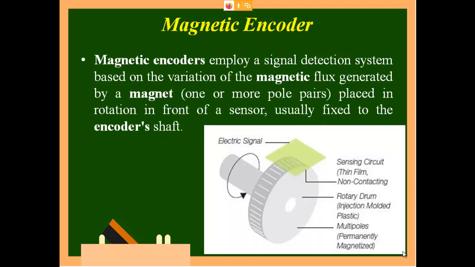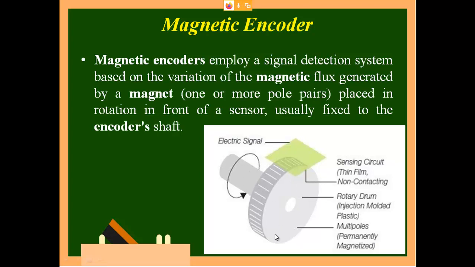Let us go with the magnetic encoder. In the case of a magnetic encoder, these encoders are used only to find the rotational displacement. From the initial position, is there any rotational displacement? All these types of encoders are for identifying the rotation which is occurring. So this entire setup will be connected to the part where you want to check whether any rotation is taking place.